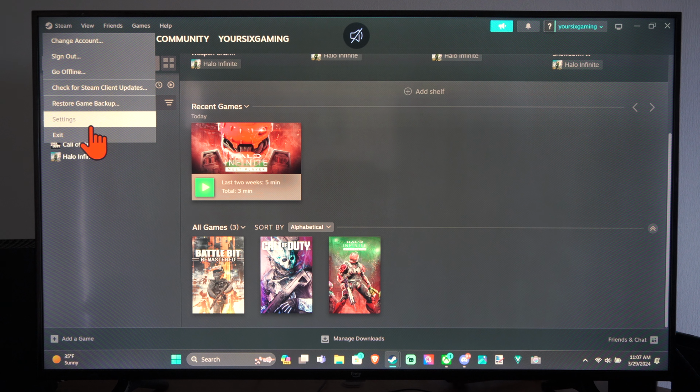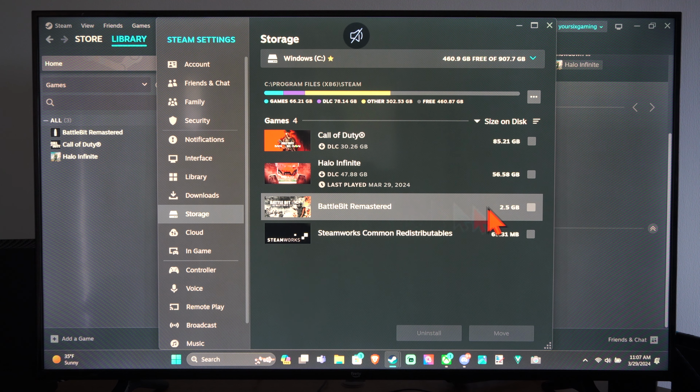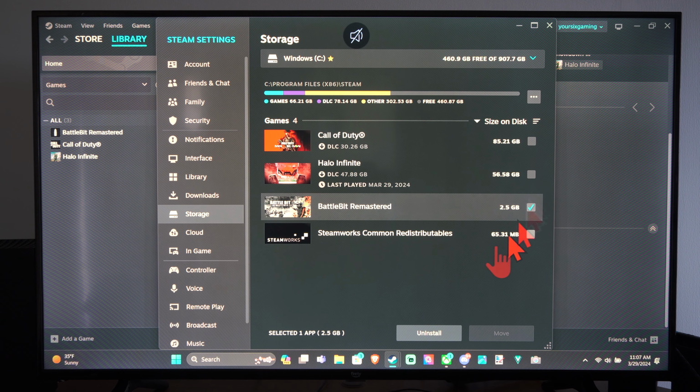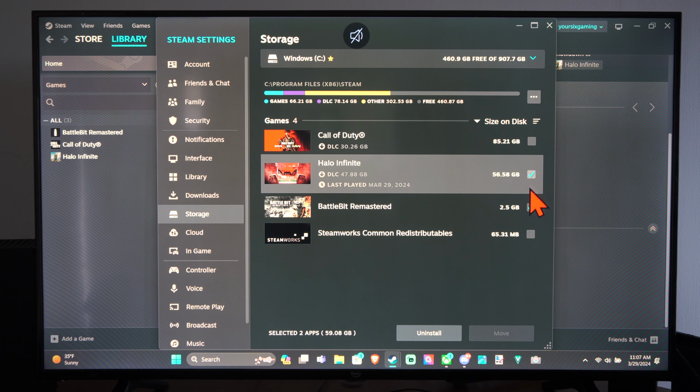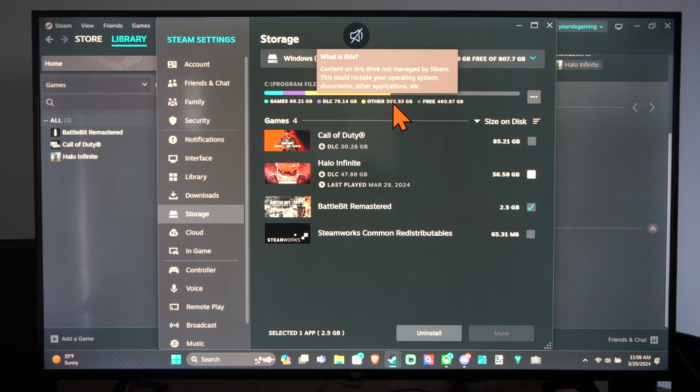You can also go to Settings and just see your storage on here. So here it is. I can see BattleBit Remastered. I can select it under here. So select it, and then I can uninstall it right here as well. So I can uninstall multiple games at the same time. And you can see how much it takes up. So the games are blue. It looks like Other is taking up the most on my computer. 302 gigabytes of Other. I believe that's